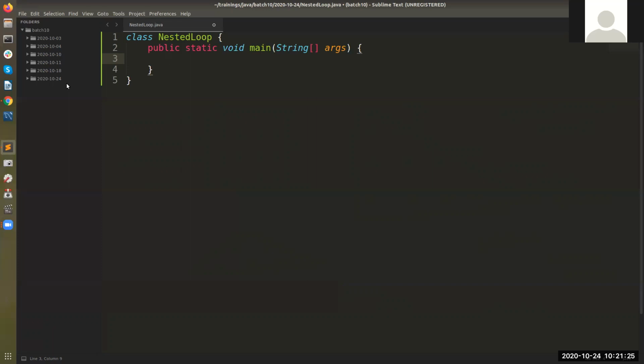So in the nested loop, the outer loop, let's take it as for int i is equal to 1, i is less than or equal to 5, i plus plus. So any instructions written in the loop body will execute multiple times, right? How many times is it going to print? It's going to print 5 times.